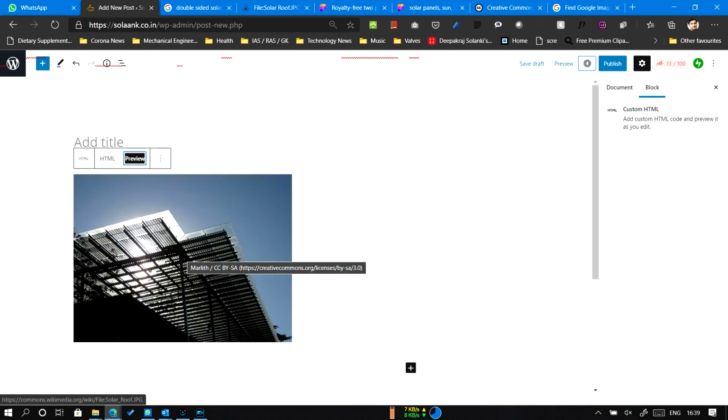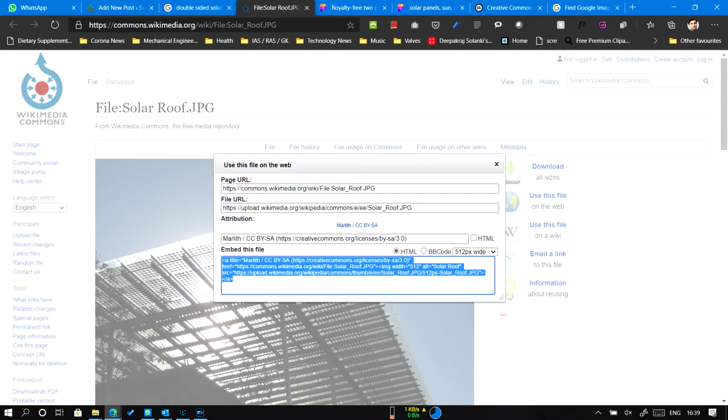Do you see this? Once we insert the HTML code, the image comes up. So in this case you don't need to give any attribution, because it has that attribution. If you see, it's https commons.wikimedia.org, so this is already coming from the main source. Here you don't need to give any kind of attribution, you can directly copy this and use it.